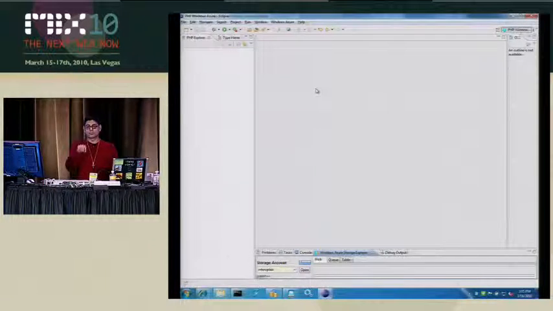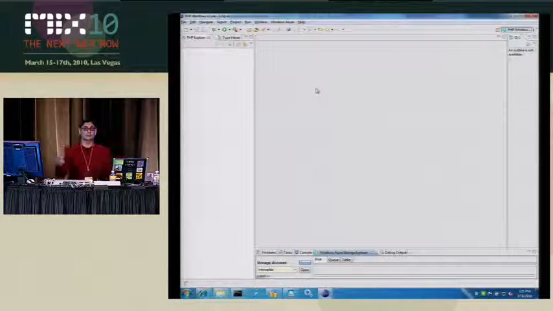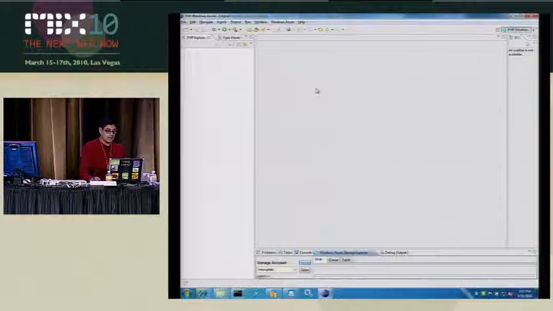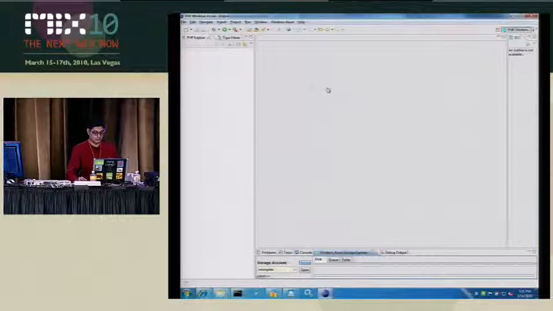You do not need Visual Studio for any of the demos I'm going to show today. So you just need the Windows Azure SDK. Just scroll down the page and you will find it. And that's all you need. You need the Windows Azure SDK, Eclipse with PDT installed. That's the baseline. Once you have that, you can go to Help, Install New Software,